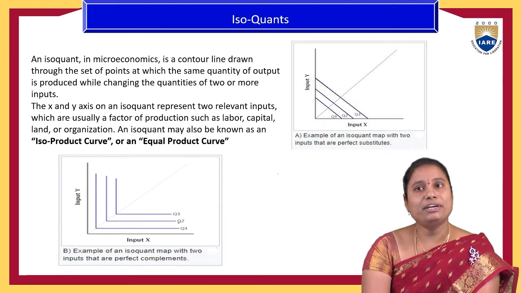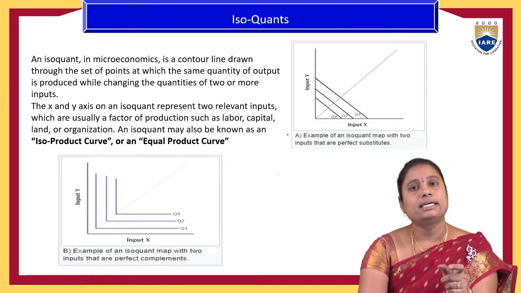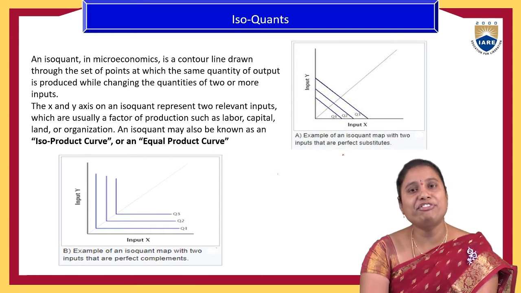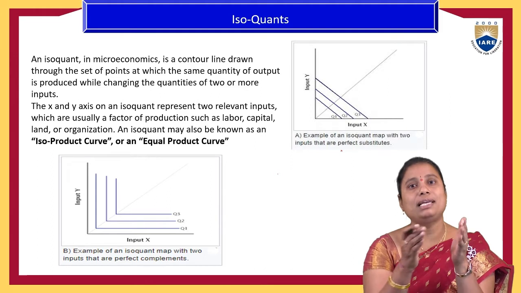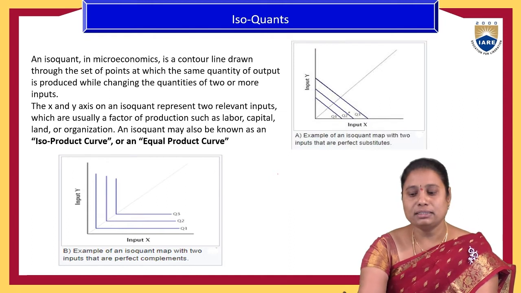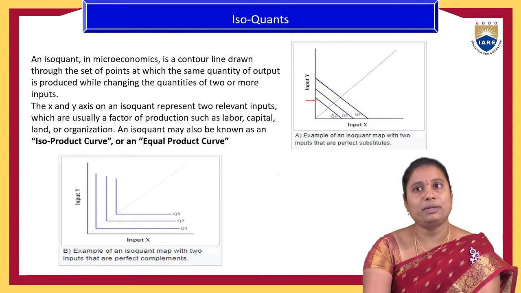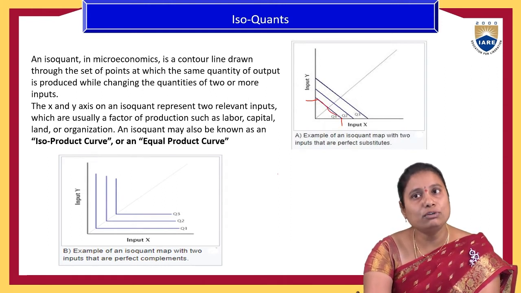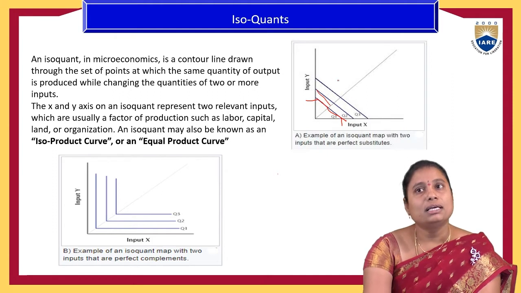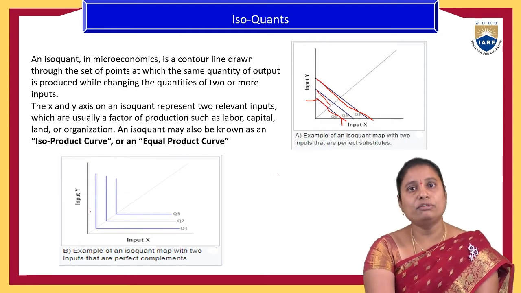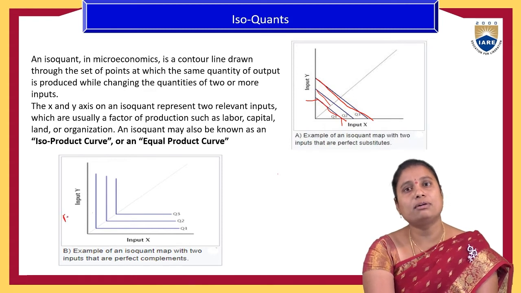These are the 2 graphical representations that give information about the isoquant map for 2 inputs which are perfectly substitutable, which means if labor is substituted with machines, then obviously one input will be replaced with another input. So here we can get this kind of plotted graph of isoquant curves. Then, if the inputs are perfectly complementary, so if the machineries are all there,